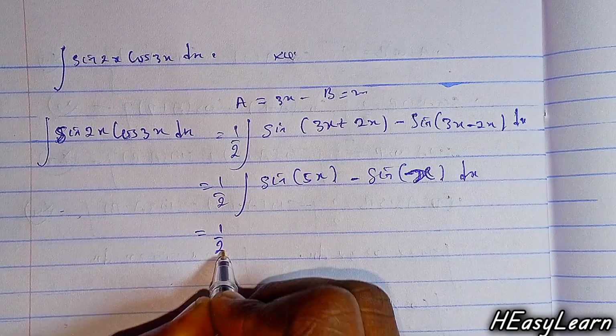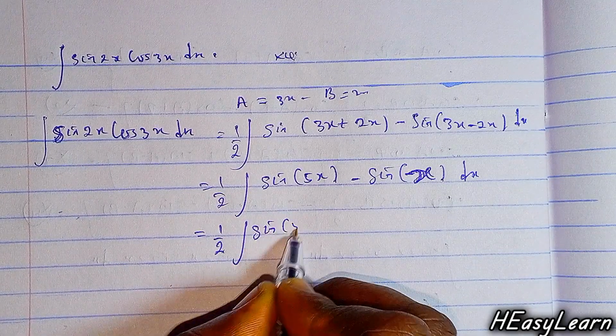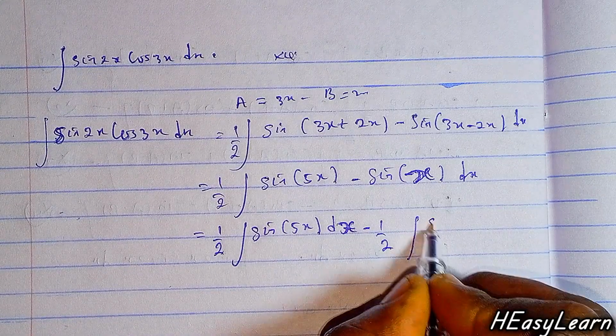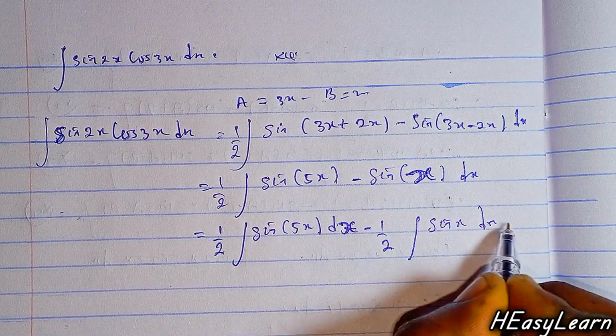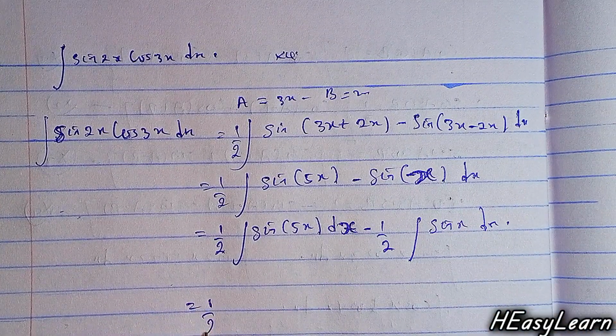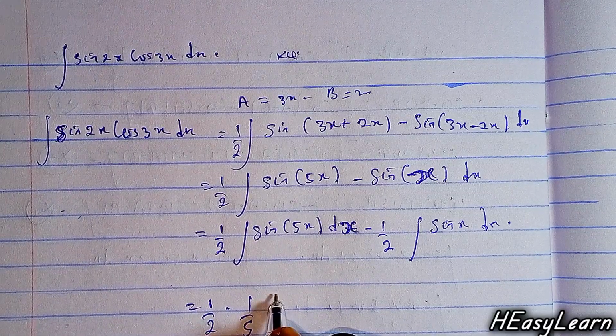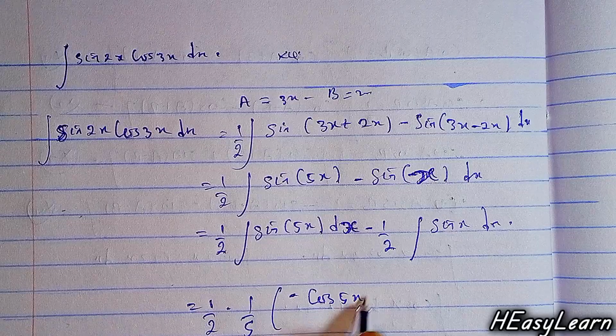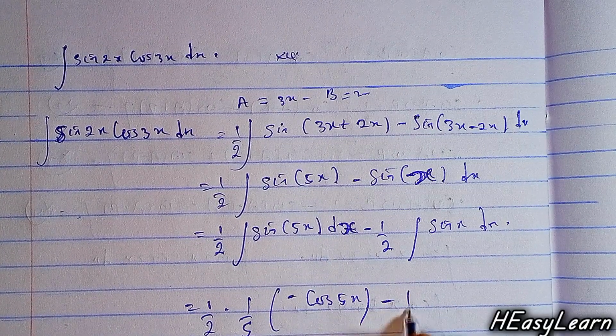The integral of differences is the difference of integrals: 1/2 the integral of sin 5x minus 1/2 the integral of sin x dx. What is this integral? 1/2 multiplied by 1/5. The integral of sin x is minus cos